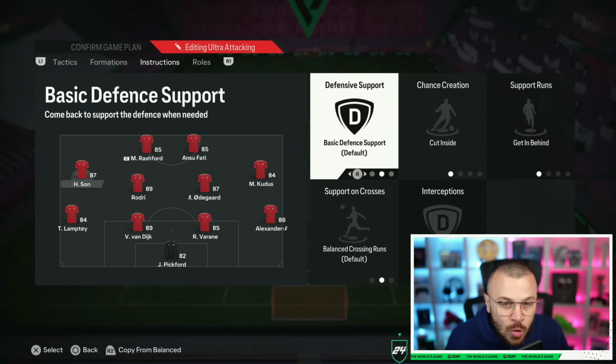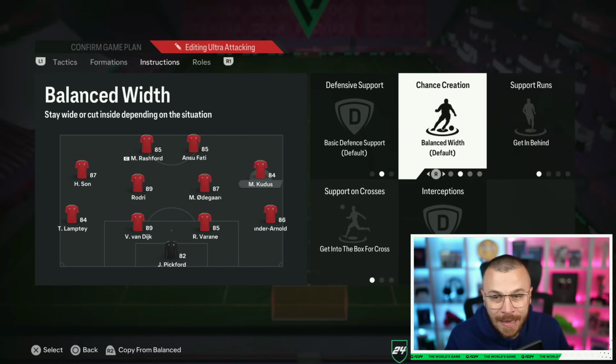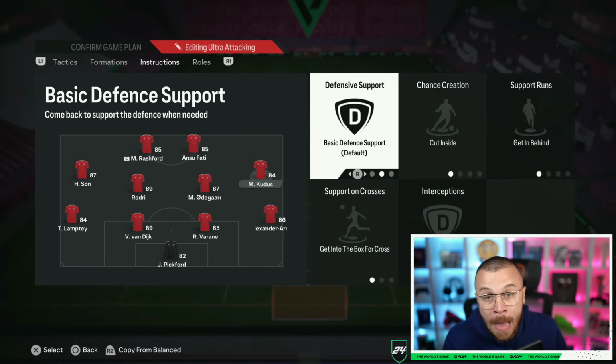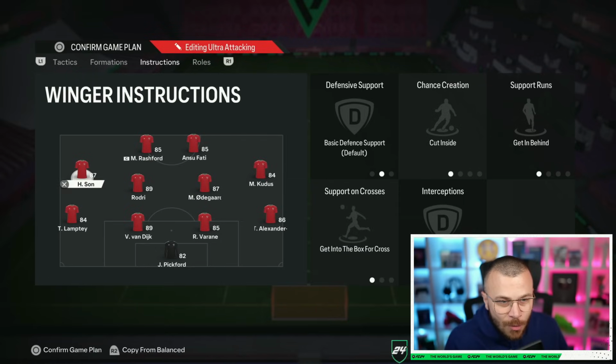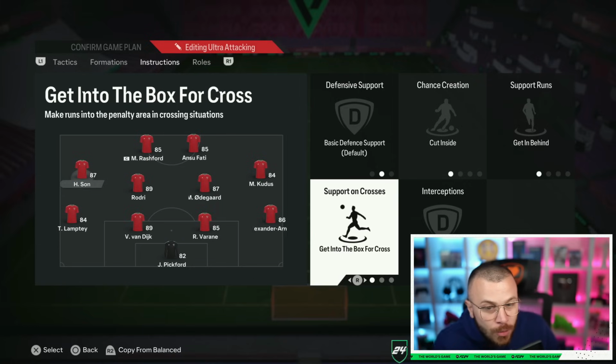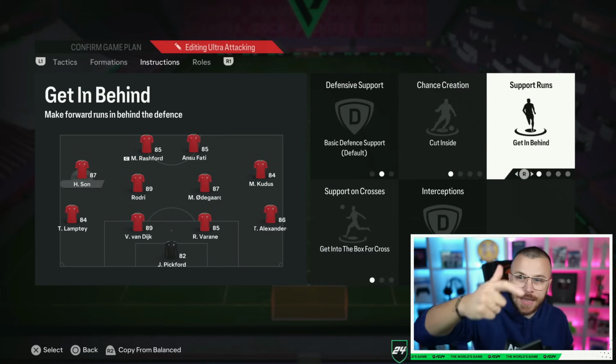Now I'm going to switch to basic defense support. The same thing applies to the right midfielder: get in behind plus cut inside, and also basic defense support. Also guys, get into the box for cross is another option that I will apply to my left and right midfielders, to both of them. So basically with the left and right midfielders, we've got 3 custom instructions: support on crosses, chance creation, and support